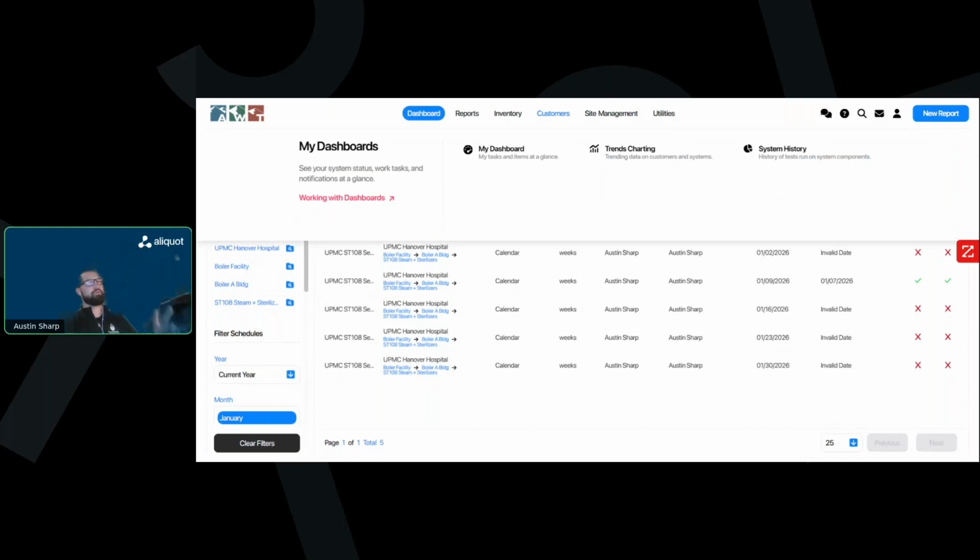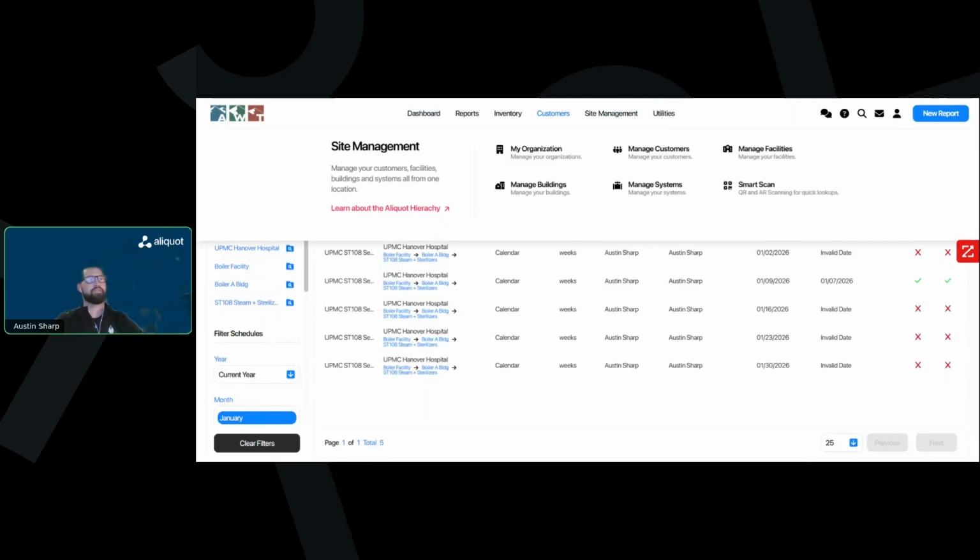Okay, so at first glance, you'll notice our headers toward the top here. So dashboard, reports, inventory, customers, site management, and utilities. So these are the headers to help you organize your workflow in our software. When you start a program like this,